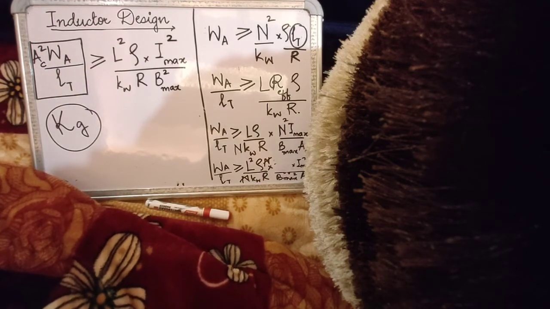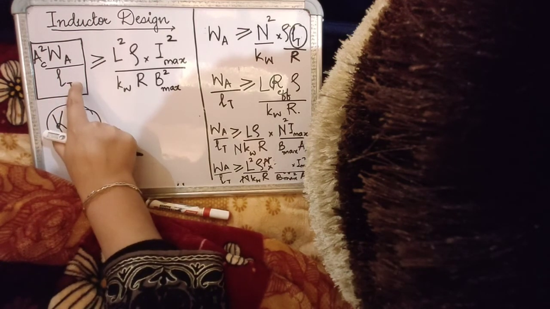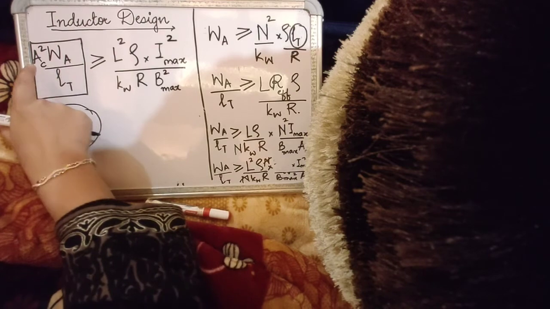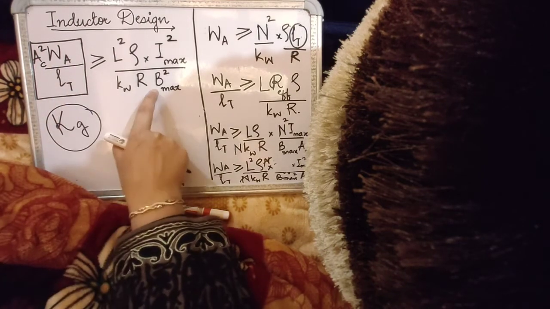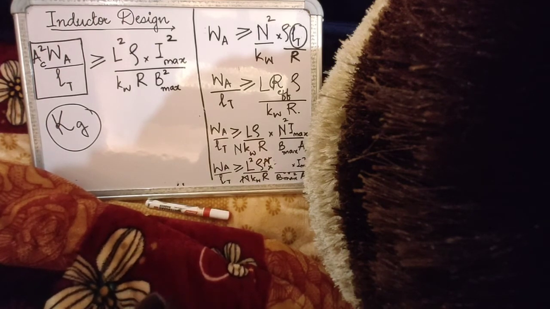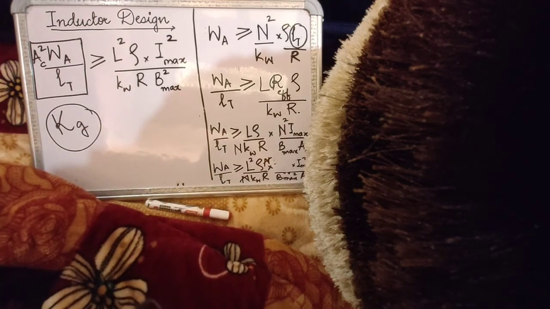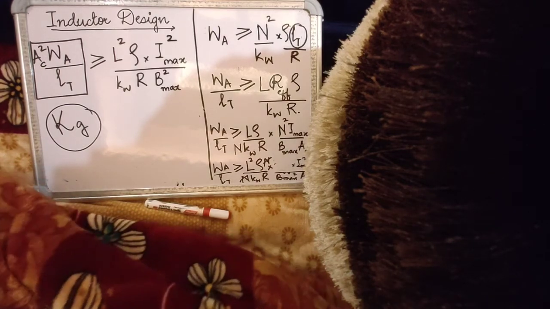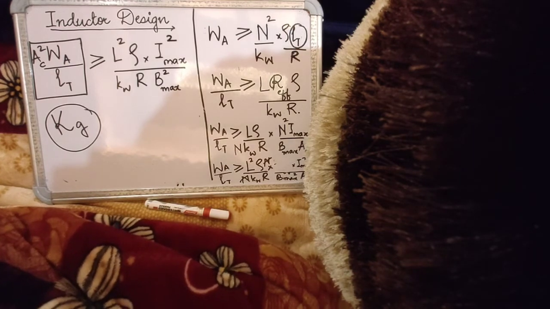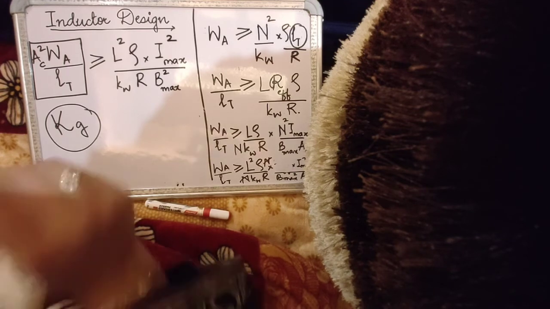So when you want to select a core, you take a data sheet and you check if this particular combination exceeds the values that you want, and then that's how you choose the dimensions of your core. It also tells you some interesting things, this equation. The first thing that it tells you is that if you want to use a small core, basically that's what your goal is, to miniaturize your core to get the biggest possible inductance in the smallest possible space. So if you want to make it small,